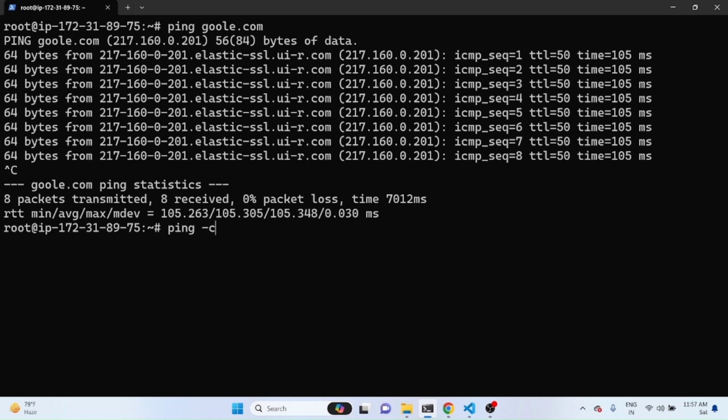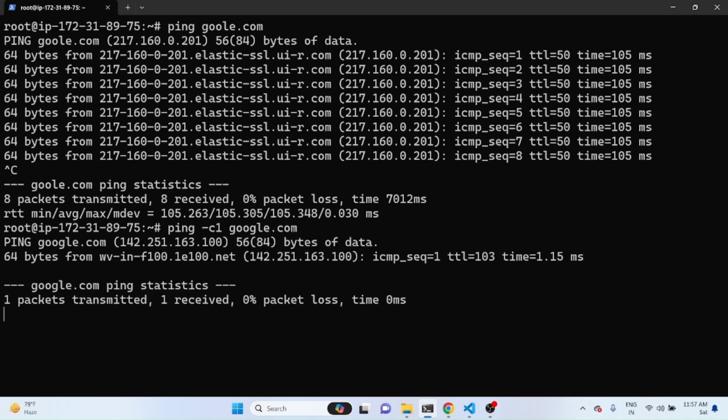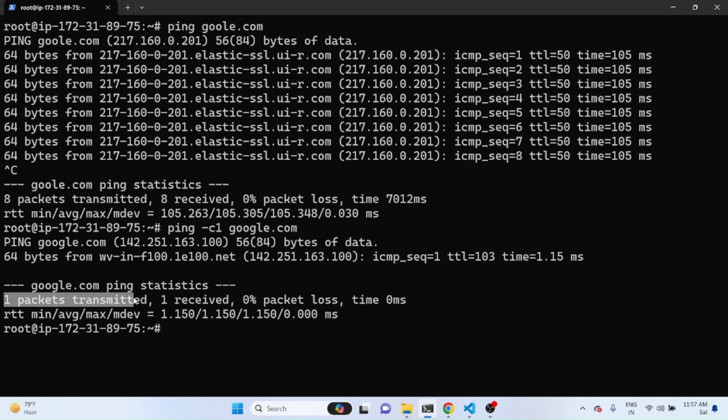For example, I wanted to ping only once, then google.com. So it will ping once and come back with the answer. Now here you can see it sent 1 packet, received 1, 0 packet loss, meaning your communication is good. Now